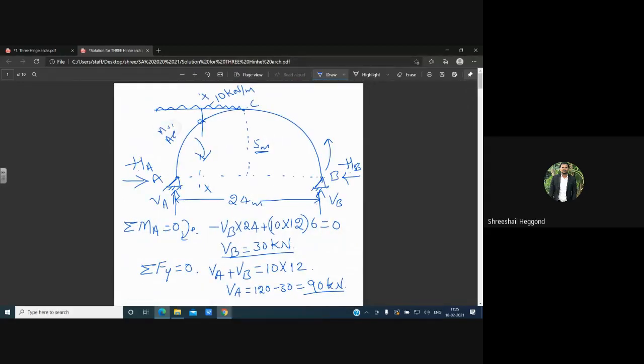Draw one diagram for this and calculate Mxx for the BC portion by considering 6 as the horizontal distance. Directly I will be giving 6 as the horizontal distance. Try to calculate the values. I'll be back in 2 minutes. Okay. Try to calculate the moment about.